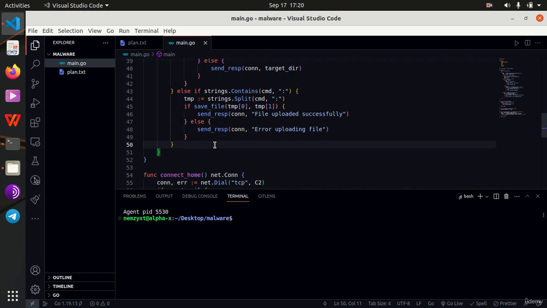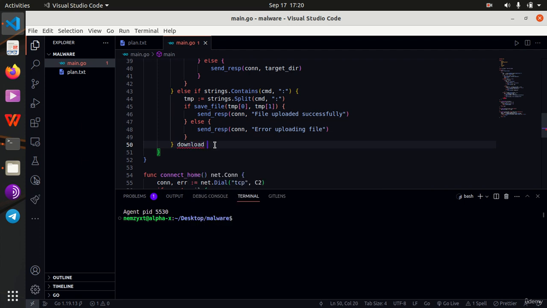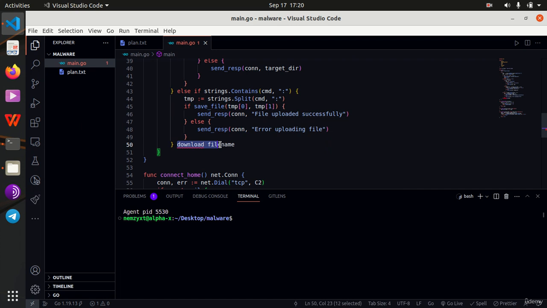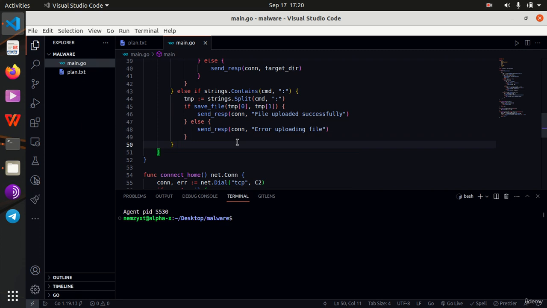Now for file download, we expect our command to have this format: download, space, followed by the file name. And so in our check for this command, we are simply going to split the cmd variable using a white space and check whether its first value is equal to download. So else if